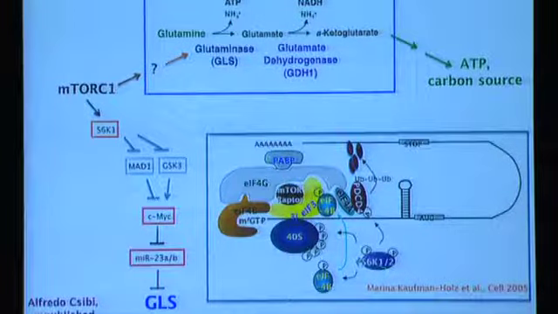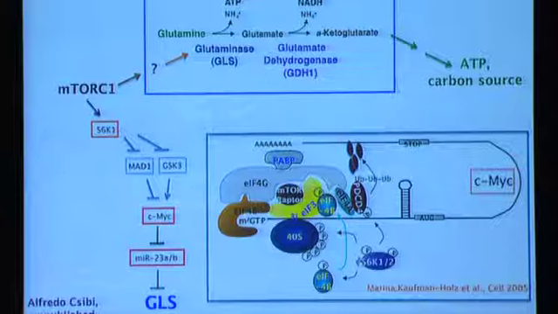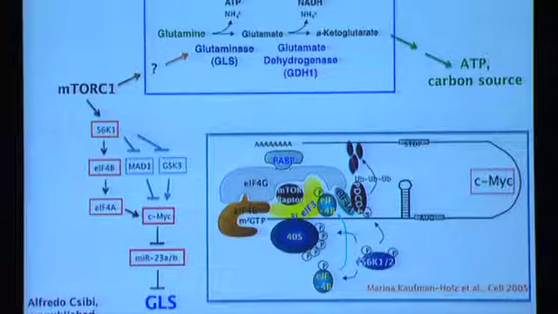And so we went on to study this in a little more detail and took advantage of the fact that, what I just showed you in that movie, we know S6 kinase is involved and plays an important role in regulation of translation of messages with highly structured 5' UTRs like c-MYC. And we had all these reagents, these 4A, 4B reagents, PDCD4 reagents, to test that hypothesis, if 4B, 4A is involved in regulation of c-MYC. And this is important because there are other RNA helicases that can be involved in this process.